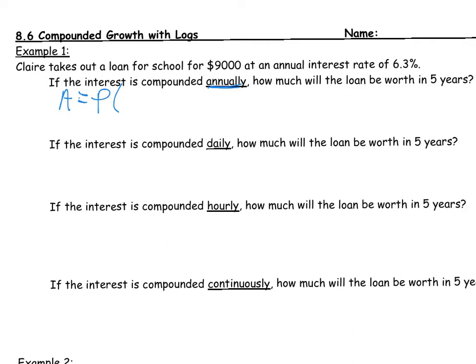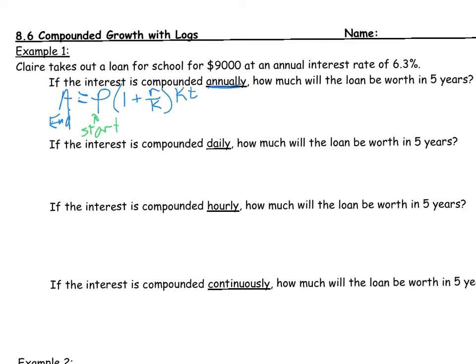The formula goes like this. A, which is what you end up with, your ending value. This P right here, this principal, that's what you start with. So our starting amount in this case is $9,000. We'll plug that in a minute. Inside the parentheses here, we have 1 plus the rate over K. And K is a new thing. I'm going to explain that in a minute. And this is to the K